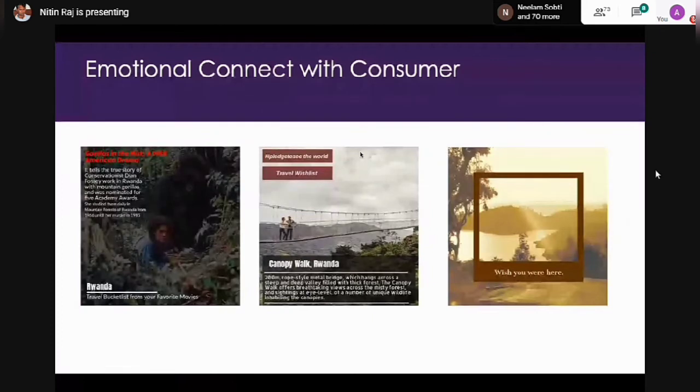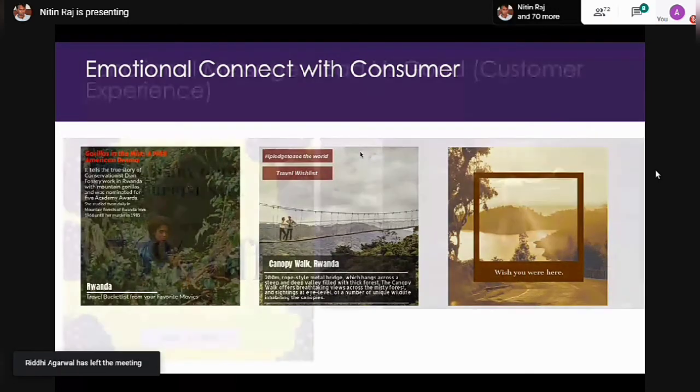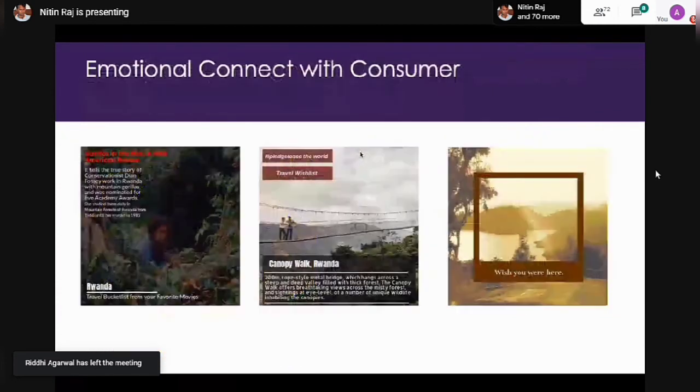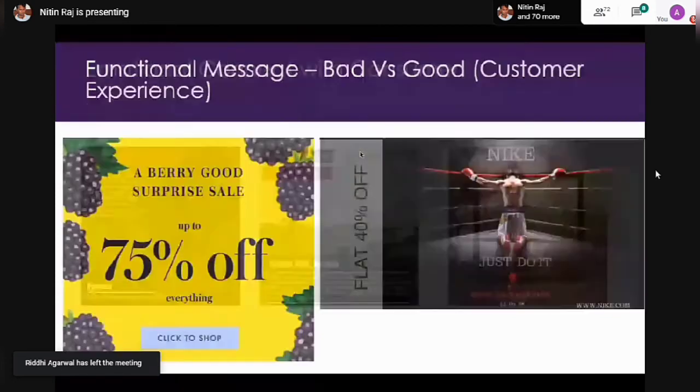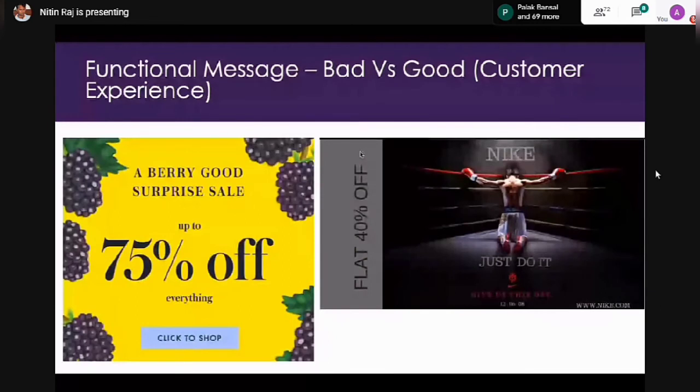Correct. So straight away, don't jump to the point. First, build a relationship. And that's how the engagement happens. So this is part of the cycle. So content messages are also good, but it matters how they are done. So for example, I've tried to explain the difference between a bad engagement and good engagement of customer experience.